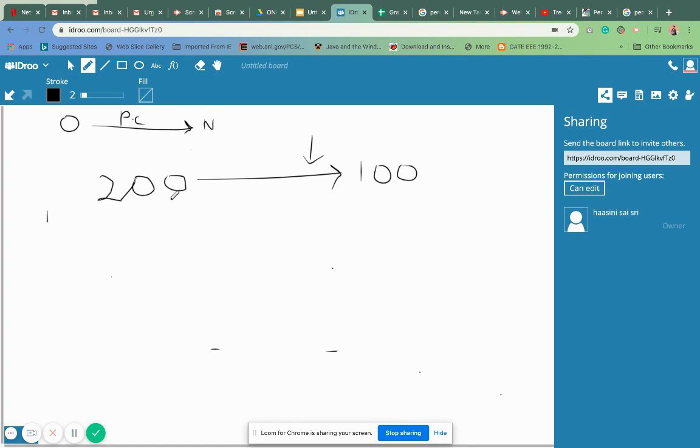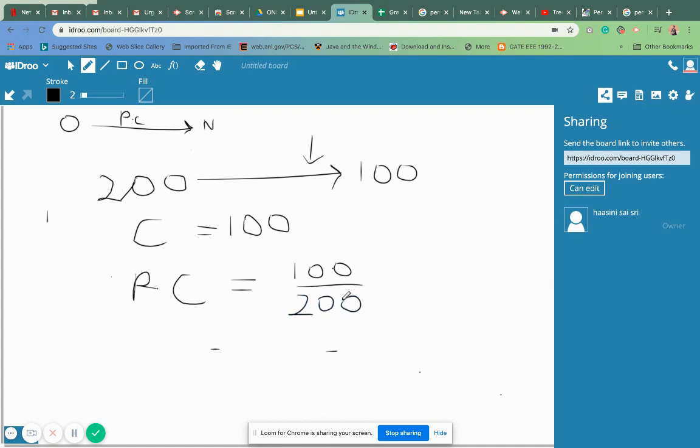So how am I going to do? What is my first step? My first step is to find the change. Change is equal to 200 and 100. The difference is going to be 100. Bigger number minus the smaller number. Now after I get this, I'm going to find the percentage change. Percentage change will be equal to 100, which is the change, upon what is the original. The original is 200, so I'm going to write 200.